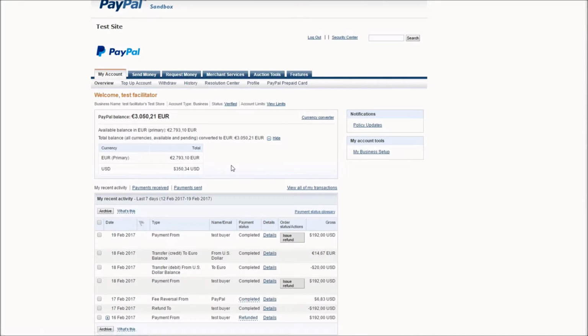So if you see here, I have two balances in two different currencies. The first one is in euro, the second one is in US dollar, because I received the payment also in US dollar, even if my base account is in euro. So if I want to exchange the US dollar balance into the euro, I just need to go to currency converter,